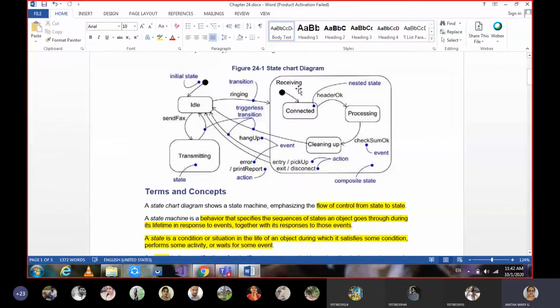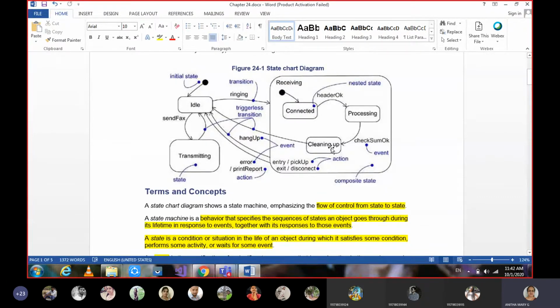this state we call a composite state. Why? Because the receiving state is now decomposed into substates, and that's why it is called a composite state. The substates within this receiving state are in sequential order, so we say sequential substates.